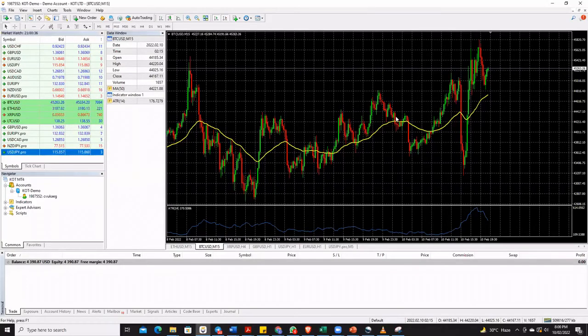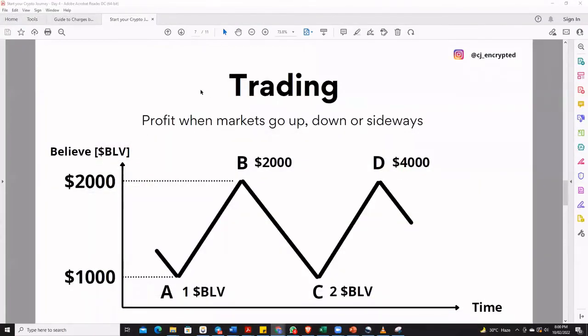We're not doing any trades. I just want to show you what the interface should look like, right? And for this, you're generally looking to buy when the price is low and sell when it is high. Okay, but this is not a trading class. This is just you understanding the possibilities. All right, so now that we've said that, let's go on to the last way that you can earn